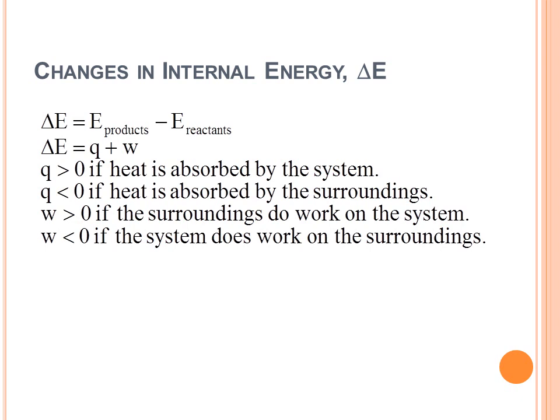So the change in internal energy would be equal to the internal energy of the products minus the internal energy of the reactants. So delta E is equal to Q plus W. So if Q is greater than 0, the heat is absorbed by the system. If Q is less than 0,